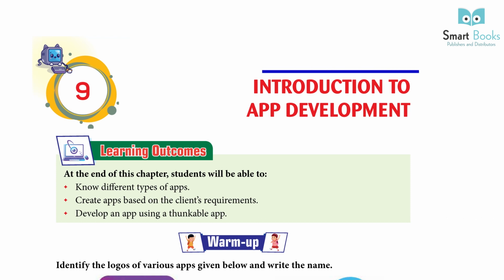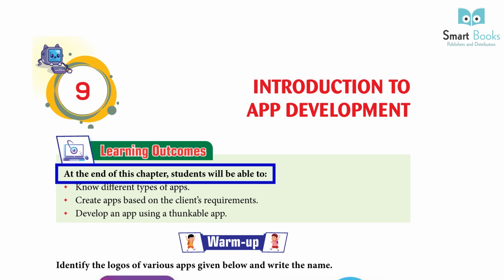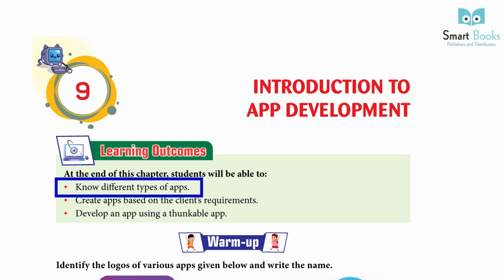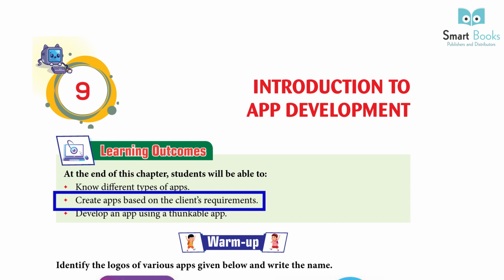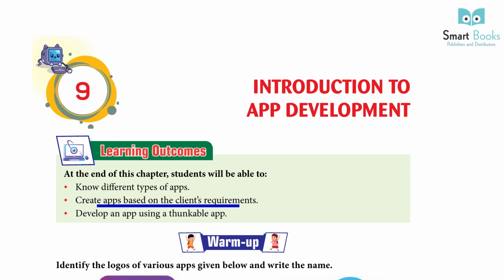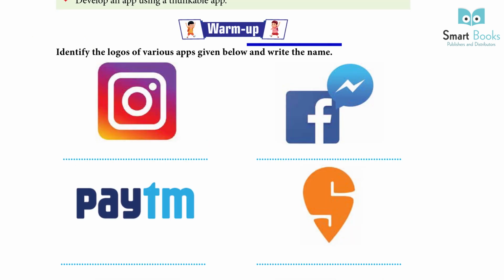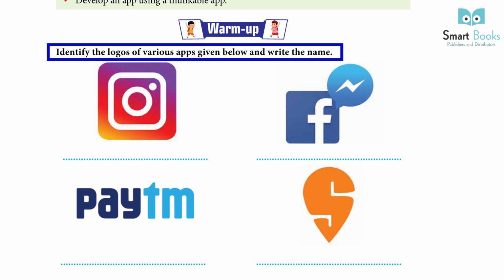Chapter 9: Introduction to App Development. Learning outcomes: at the end of this chapter, students will be able to know different types of apps, create apps based on the client's requirement, and develop an app using a chunkable app. Warm up: identify the logos of various apps given below